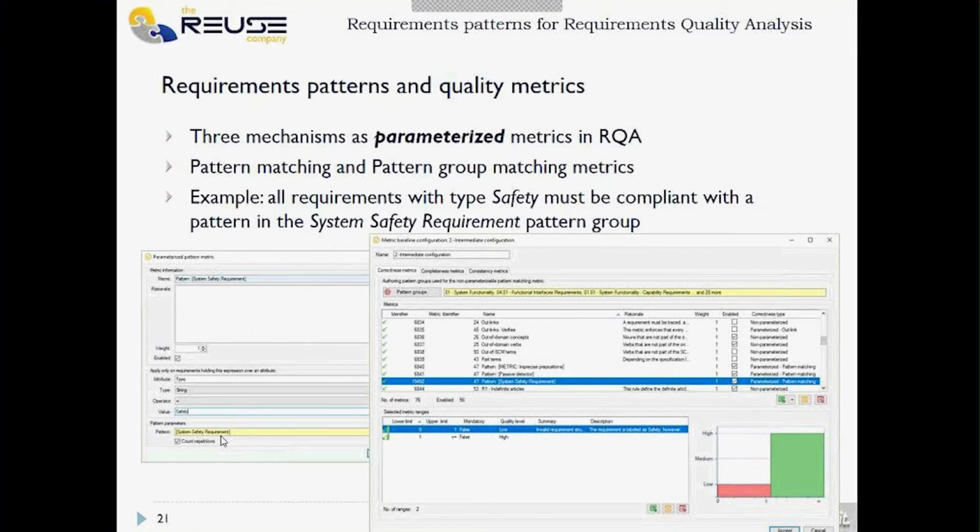So once you create this metric as a parameterized metric in Activate, you have to come up with the proper ranges for the metric. Meaning that if you find that your pattern is not matching, as in the first row here, you can see that the quality level is low and you provide whatever message. However, if you find this 1, it means that the pattern is matching, or the requirement is matching the pattern, so you should be happy, at least for this requirement and this metric. So this is the first way to use